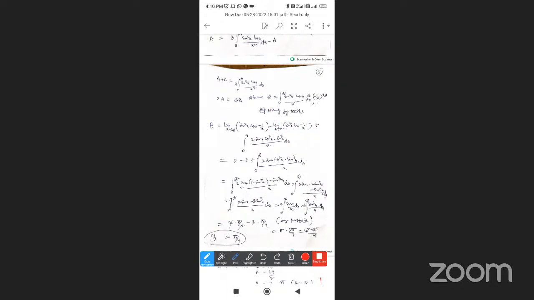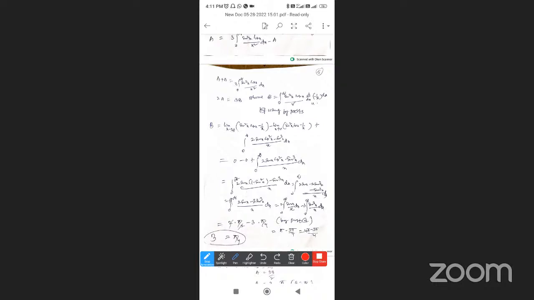We have to apply the by parts method. Upper limit: x tends to infinity, sin square x into cos x into minus 1 by x. Lower limit: minus limit x tends to 0, sin square x into cos x into minus 1 by x, plus d by dx of u times v. This is u, and this is sin square x. So d by dx of sin square x cos x: differentiation of sin square x gives 2 sin x cos x, and cos x is already there, so 2 sin x cos square x, plus